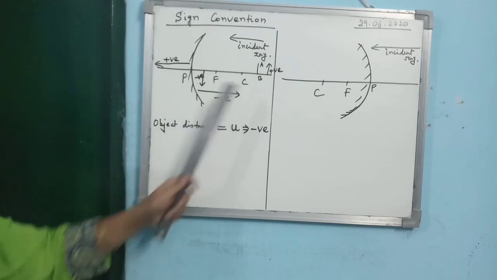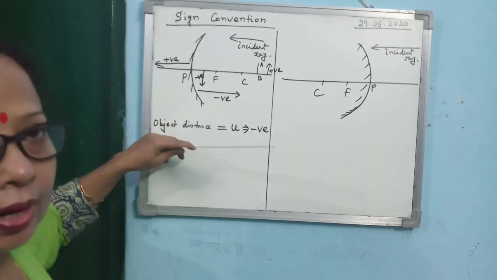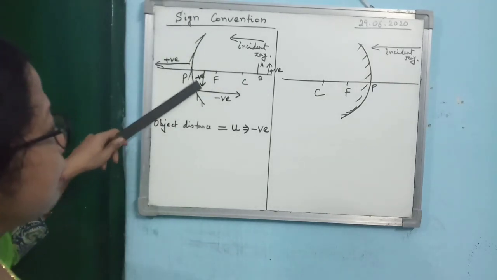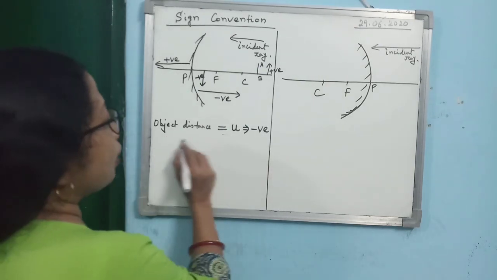Means image, when the real images are formed. Alright. Real images are always inverted. So you see what will happen? Image size will be negative. So in this case, you can write it this way.